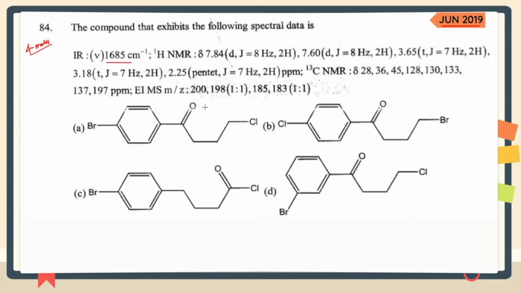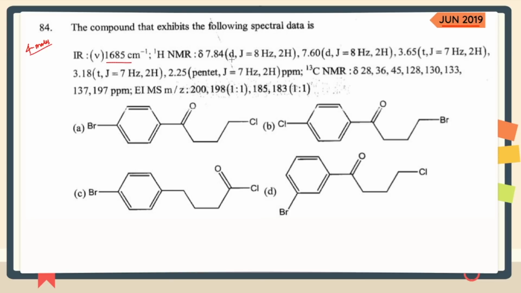First of all, a few things which are common in all the compounds: all of them contain ketone, so your IR is not going to help you over here. Second thing is that all of them have either chlorine or bromine in the molecule, okay. So chlorine and bromine both are there in the molecule. So two things are very common. The next thing which you can look for is what I have discussed in the starting of this video, one question which we have taken from December 2019.